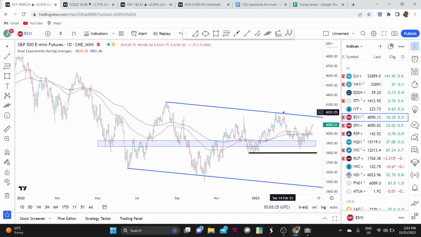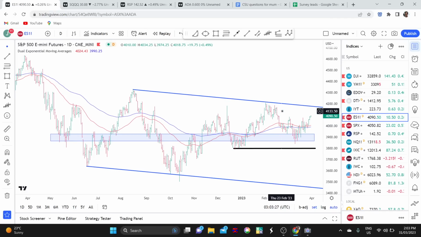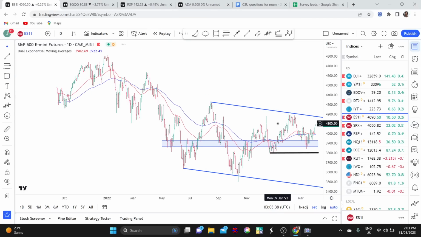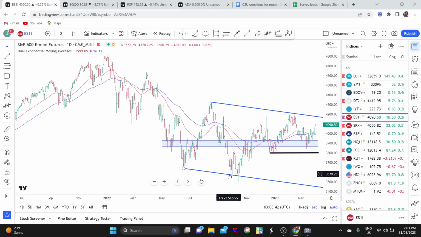Now, the dominant feature on this chart is this range. If you watched last week, you'll know that I drew this range in then, and what I've done with this range is I've used parallel lines. You can see these two blue parallel lines, and there are different ways to draw ranges. You can draw rectangular ranges,